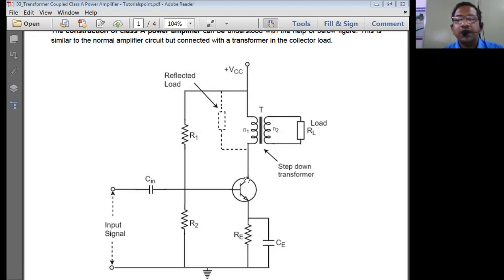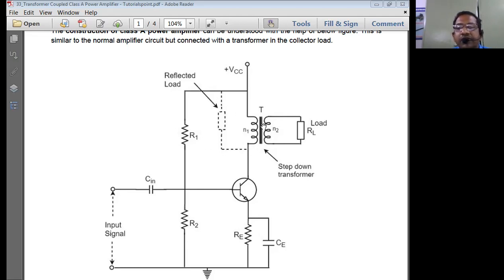The difference lies only in the transistor. The transistor here is a power transistor instead of an ordinary transistor. That is the only difference. Let us look into the transformer coupled circuit. What is transformer coupled? Instead of the collector resistance RC, we have a transformer connected. That means the primary of the transformer is connected to the output terminals instead of RC. Earlier we had RC here, now we have the transformer.